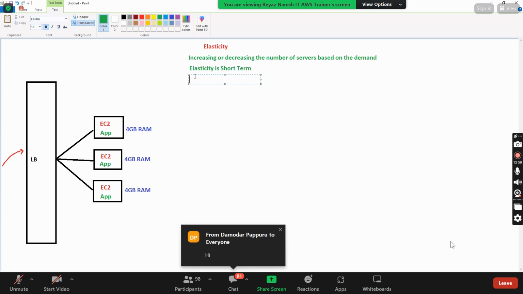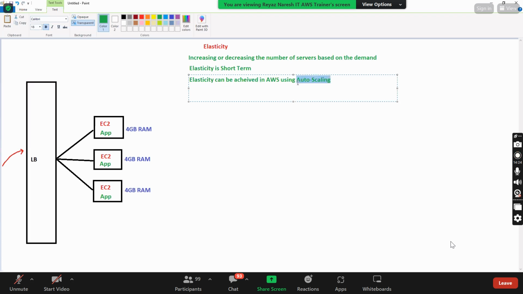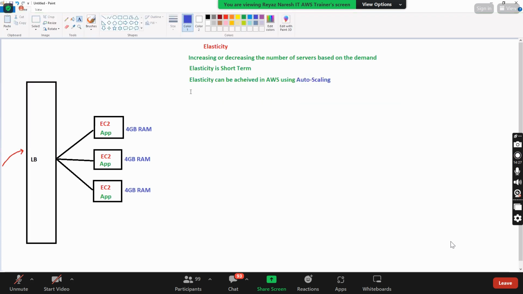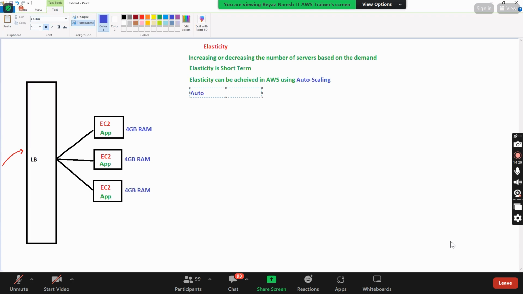What is that? Louder. Auto scaling. What is that? Auto scaling. So elasticity can be achieved in AWS using auto scaling. So if someone asks you what is auto scaling, then you should say